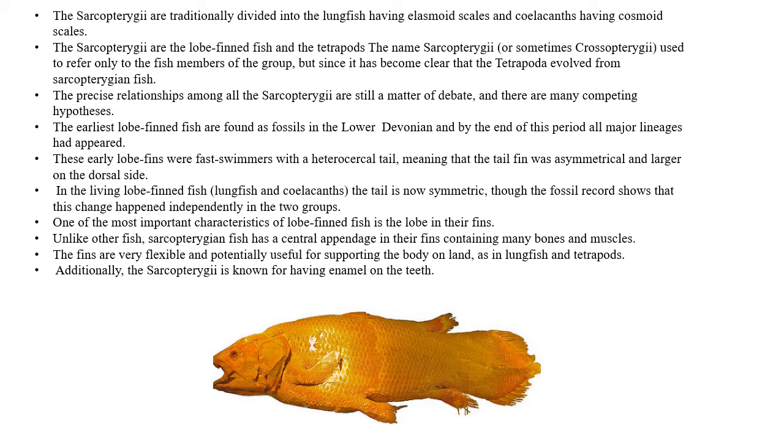Sarcopterygii are traditionally divided into the lungfishes, having elasmoid scales, and the coelacanth, having cosmoid scales. The Sarcopterygii are the lobe-finned fishes and the tetrapods. The name Sarcopterygii, or sometimes Crossopterygii, used to refer only to the fish members of the group, but since it has become clear that the tetrapods evolved from Sarcopterygian fishes,